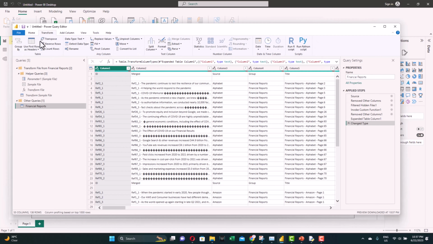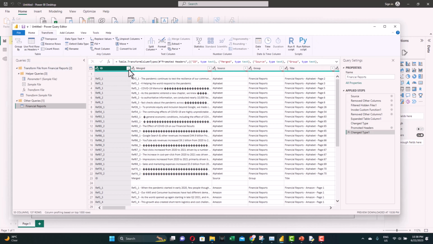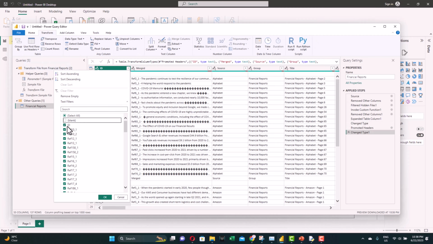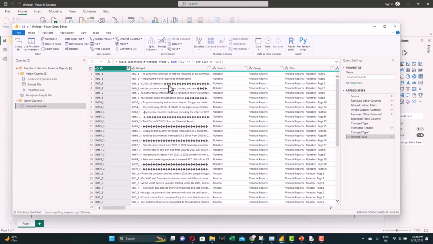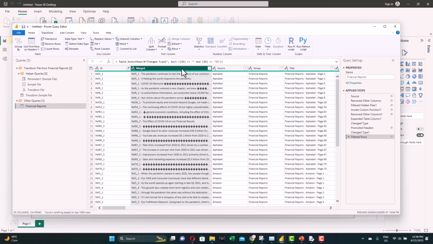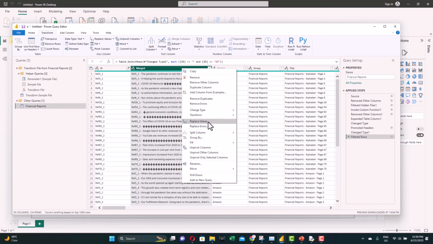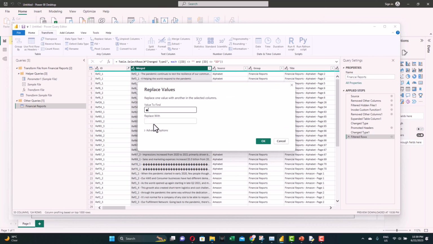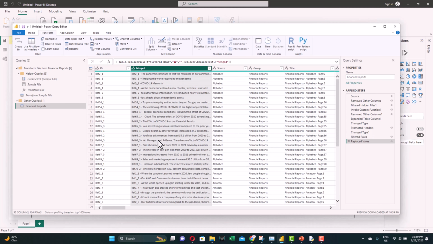Let's go to transform, use the first row as header, then from filter, filter the blanks and filter the headers from the other CSV files. Click OK, and here we can see that some text contain this character. We can filter it out. Just select one of them here, copy, right click on that column and go to replace values, paste the character and replace it with nothing and hit OK. Of course, if there is a need to go through some of the text here and eliminate or filter out some of the information that is not relevant, you can do it here directly. However, for our scenario, we'll keep it as is.